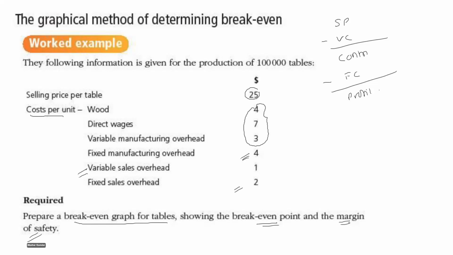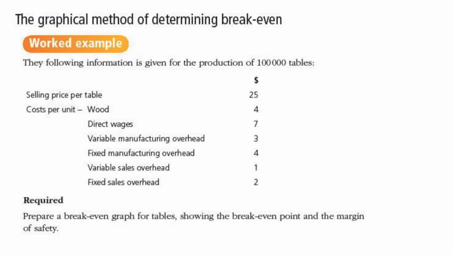Try to recall the formula for margin of safety. How safe are you? How safe are you means your actual sales minus break-even sales. Actual sales in units minus the break-even sales in units. This will give you how safe you are, or how many extra units you are selling over and above the break-even point. So let's put this in a marginal costing statement.